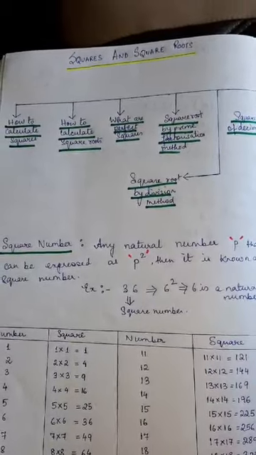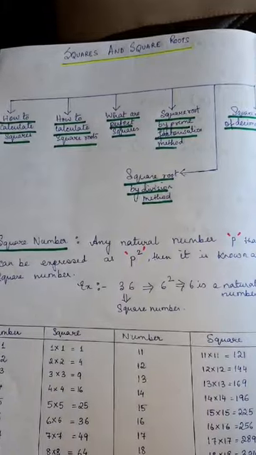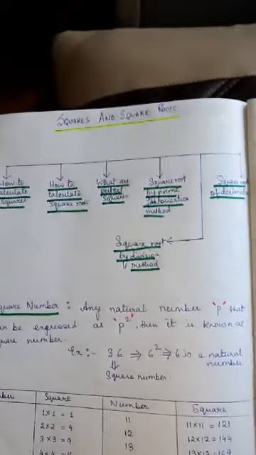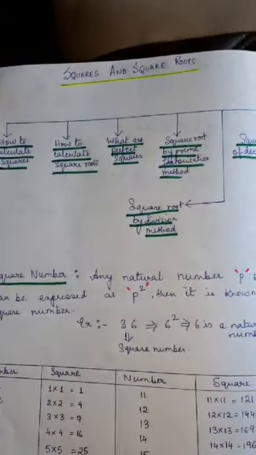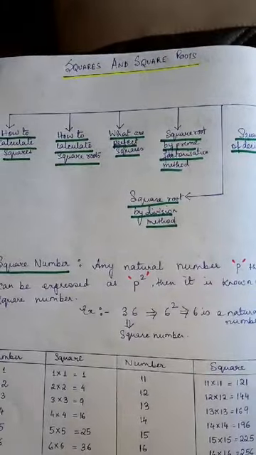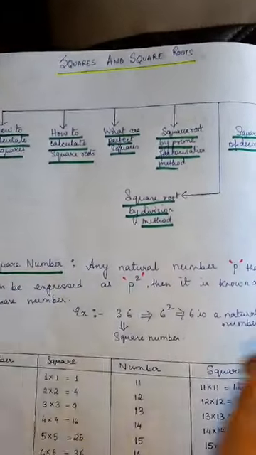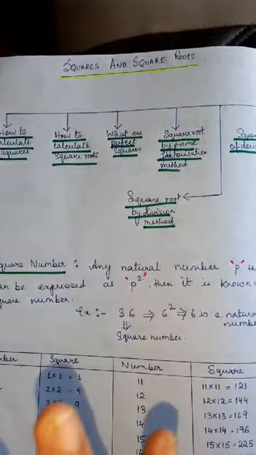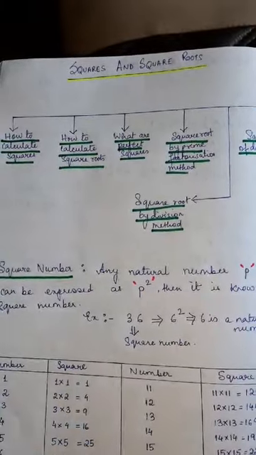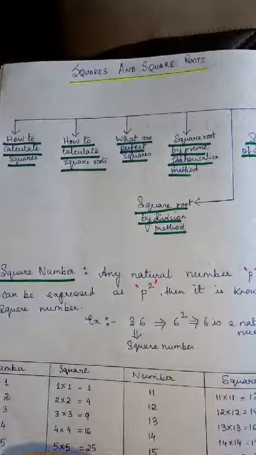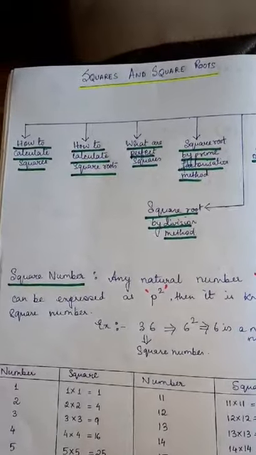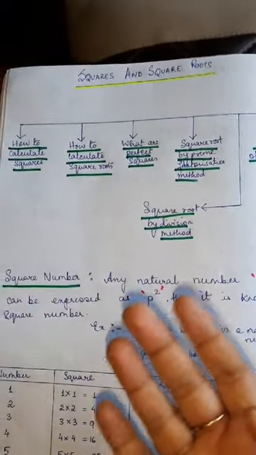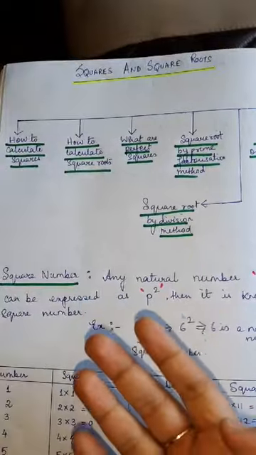But in this class, we will learn squares as well as square roots. Now, before I move on further, let me tell you what we are going to do in this chapter, squares and square roots. I have made a simple division. The first one is how to calculate squares. We all know how to calculate squares, but still we shall be learning to find squares of any number, be it a whole number, an integer, or a decimal number. We will recapitulate how to find squares.